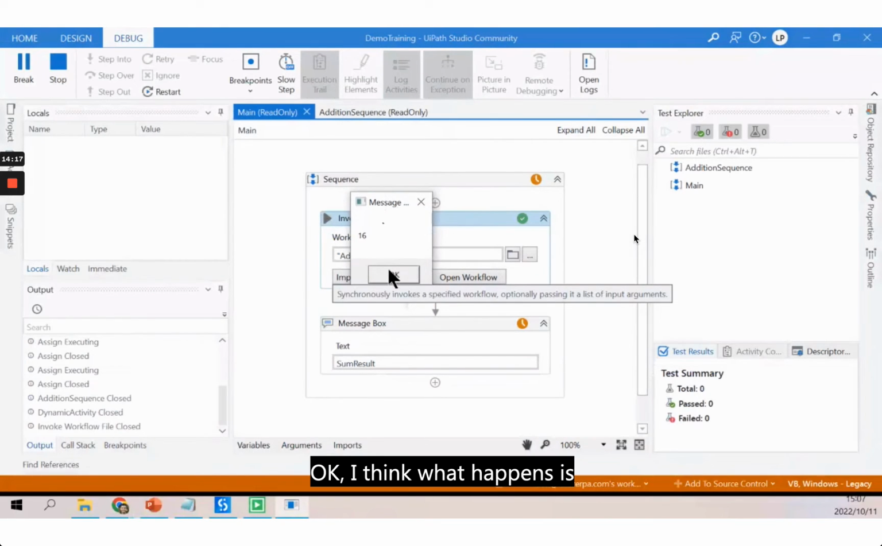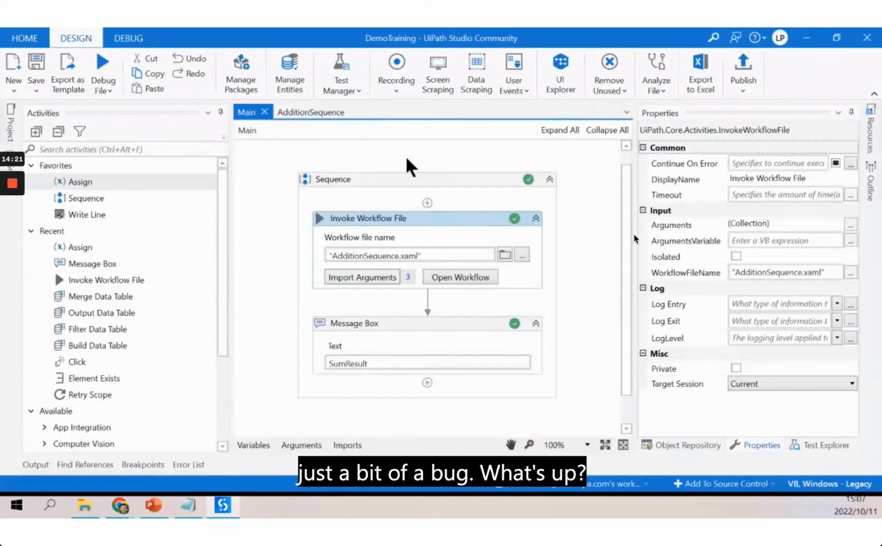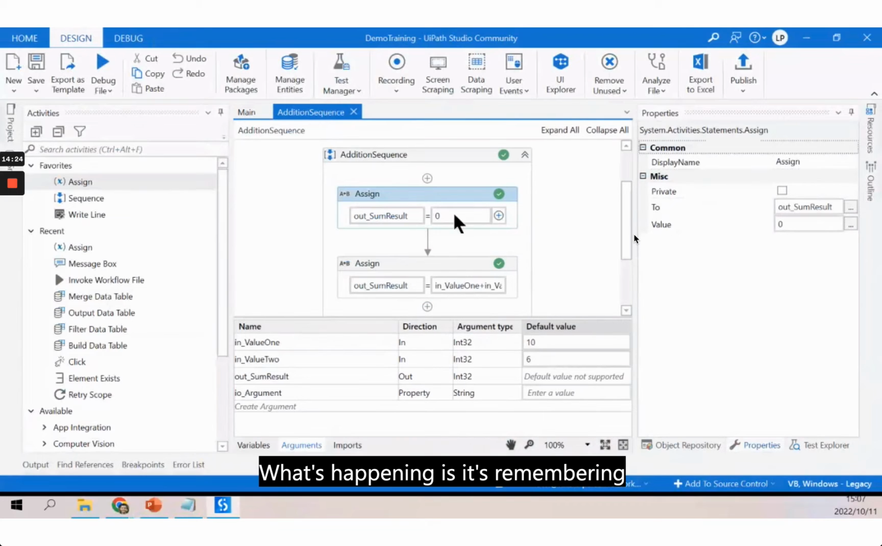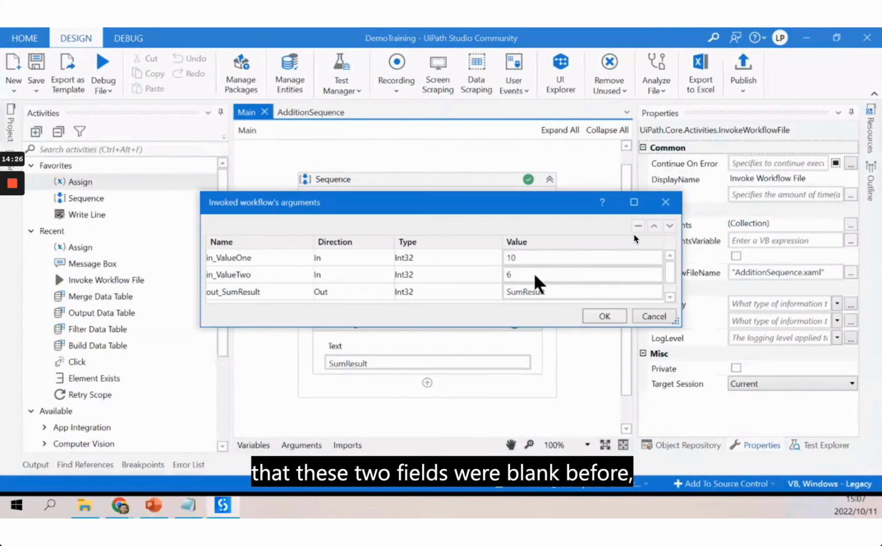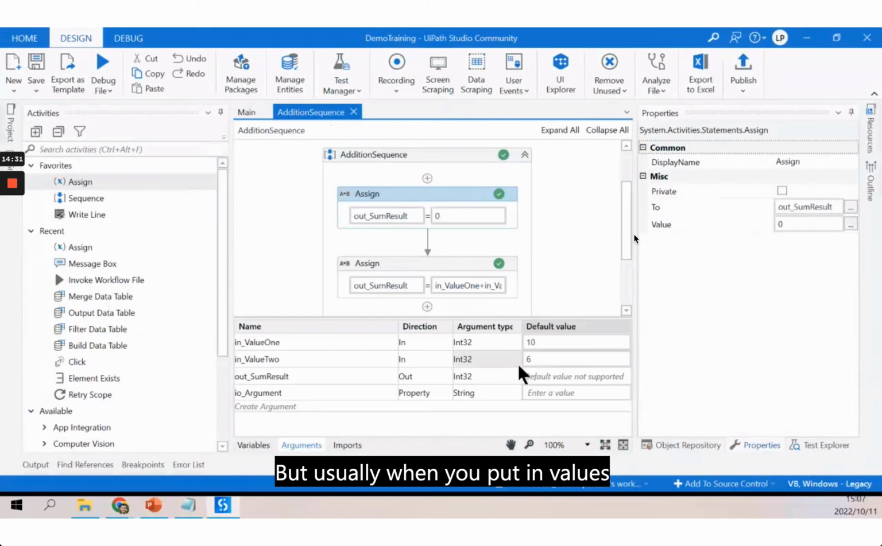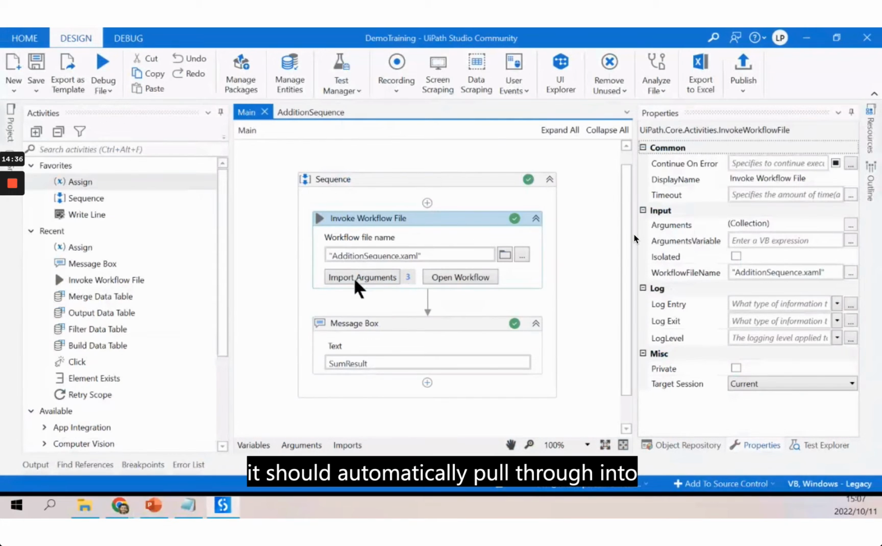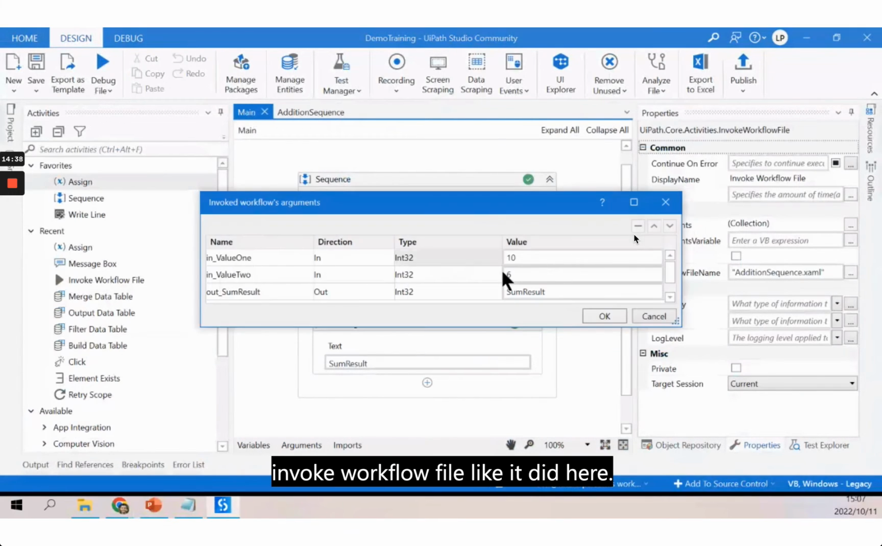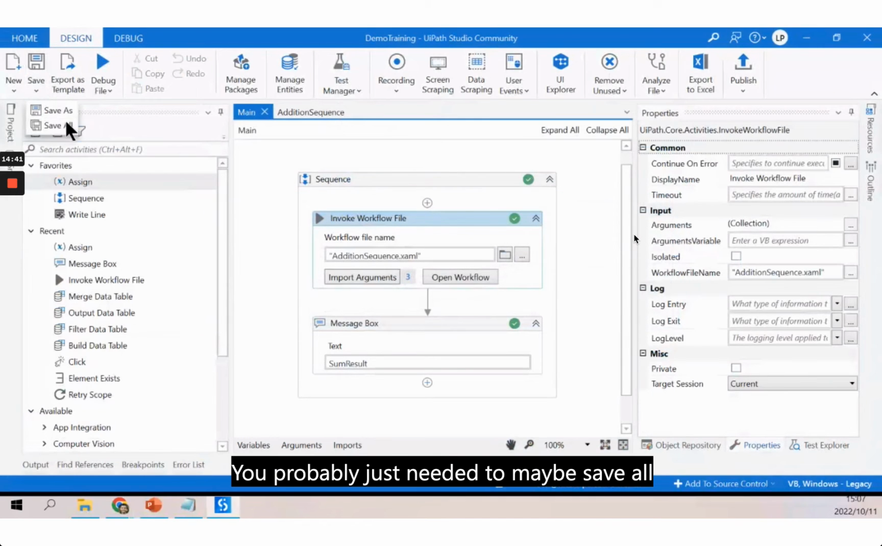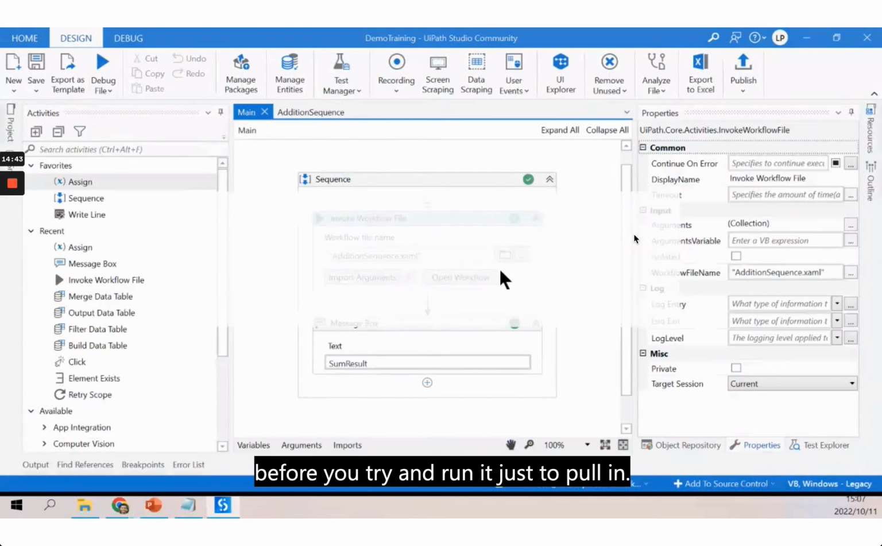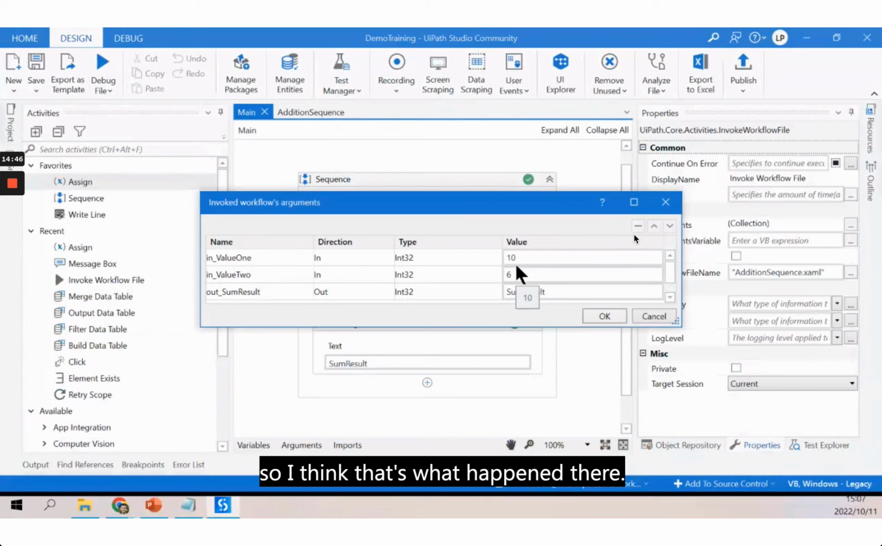Okay, I think what happens is it's only on the first run. I think that's just a bit of a bug. What's happening is it's remembering that these two fields were blank before, so then it takes those values as zeros. But usually when you put values into your default values over here, it should automatically pull through into your invoke workflow file like it did here. You probably just needed to save all before you try and run it just to pull in these values. So I think that's what happened there. I think it's just a little bit of a bug. But yeah,